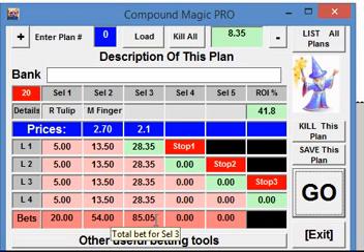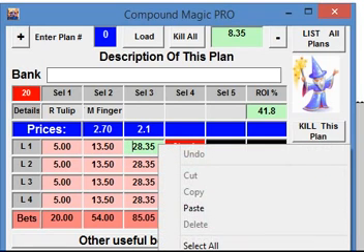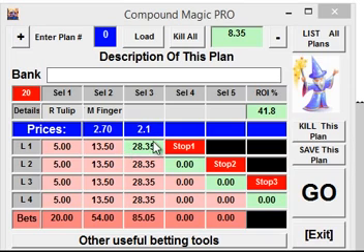But the beauty of Compound Magic is what it's done now, it's hived off some profit. So even though we're only 2 bets in, it's taken this money out, 28.35. If we go up here, we can see the profit is 8.35. So we've only had 2 bets so far, and it's already given us our stake back, our 20 back, and it's made us